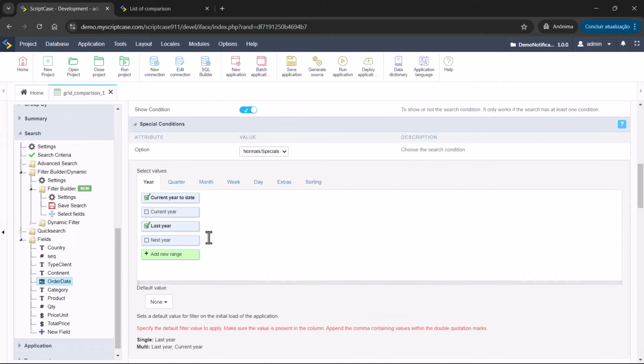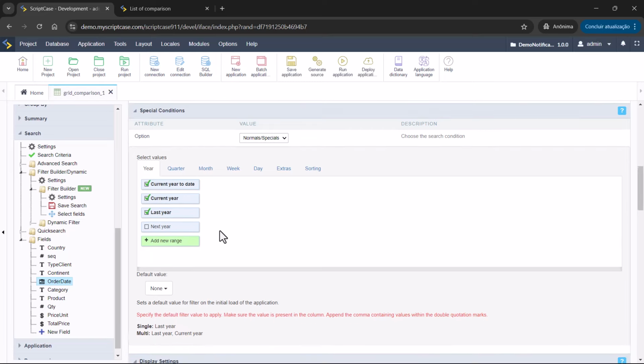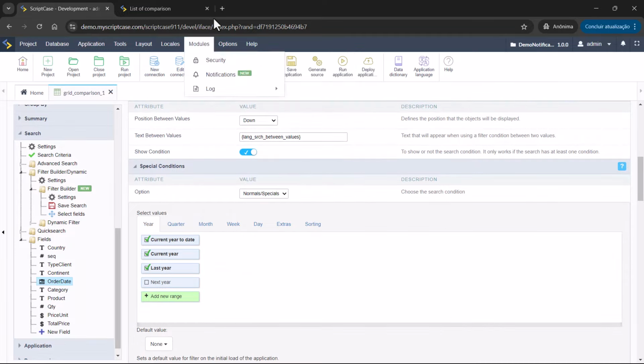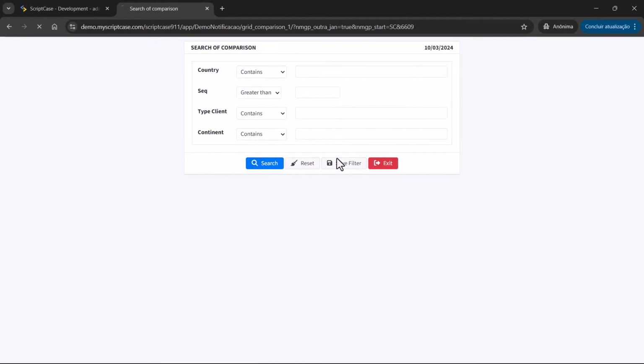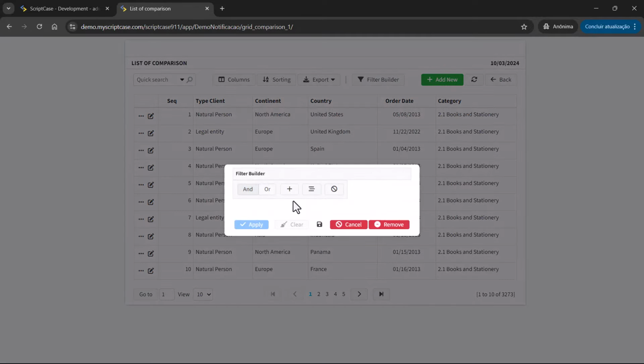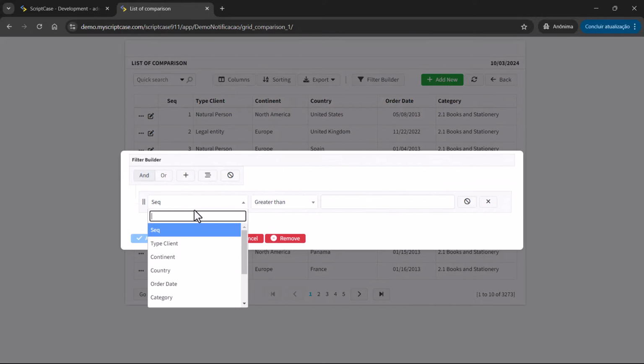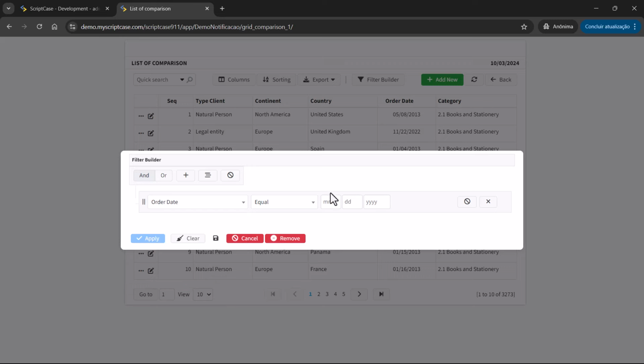It was available already. It's not a new feature. It was already here, but you can combine now and use inside the filter builder. So let's run here to see the conditions. So if we go to the filter builder and we add the field date, we are going to have here the conditions applied.